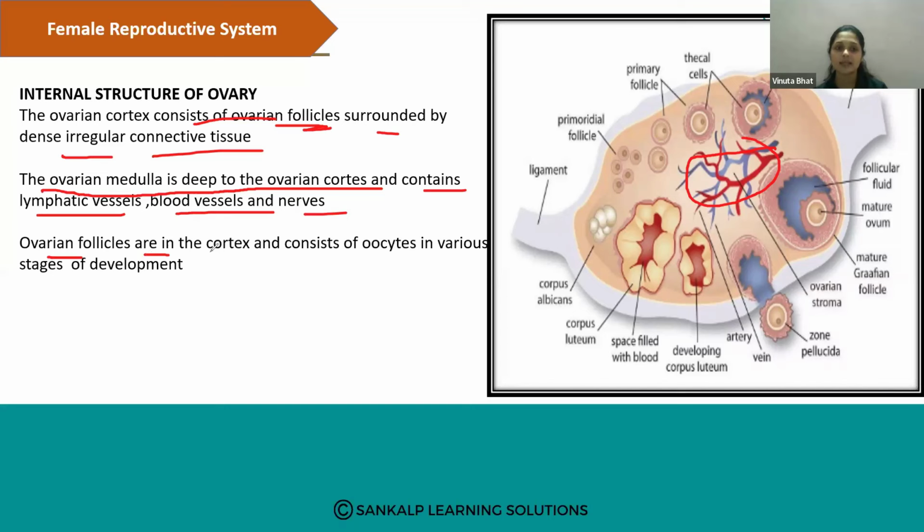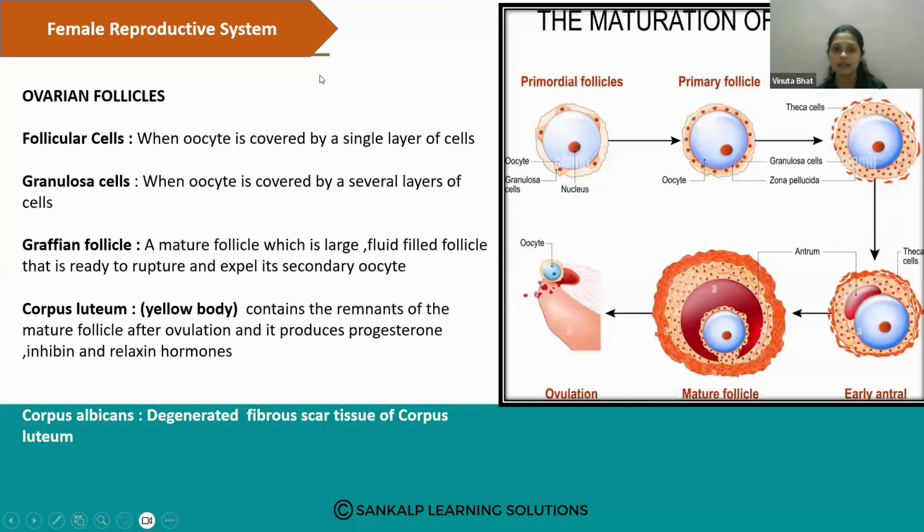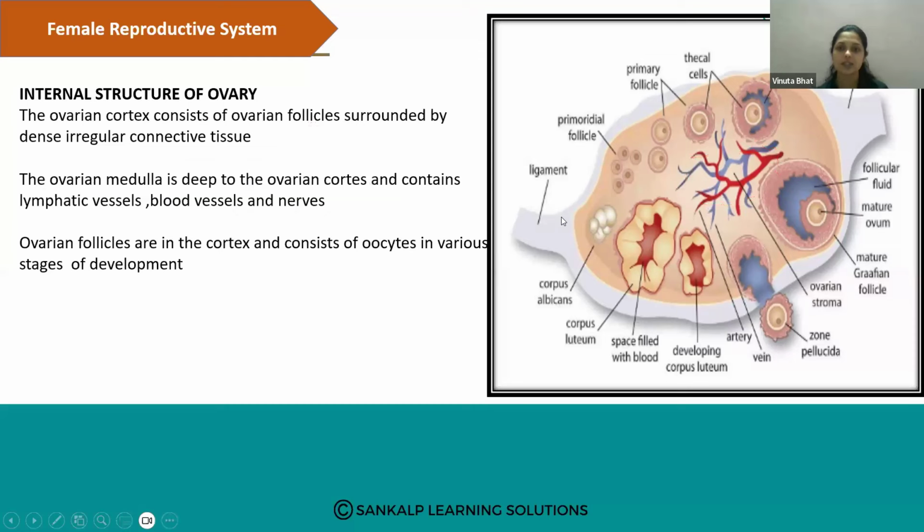Ovarian follicles in the cortex region consist of oocytes at various stages of development. So let us see what the ovarian cortex looks like. Here are the ovarian follicles inside the ovary in the cortex region. Where the oocyte is present, the ovum is inside it, and after maturation the follicle releases it, right? So if you see the